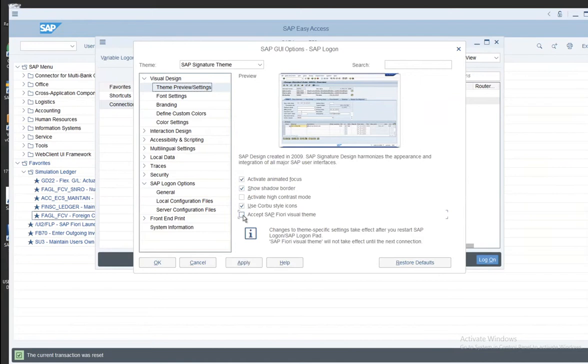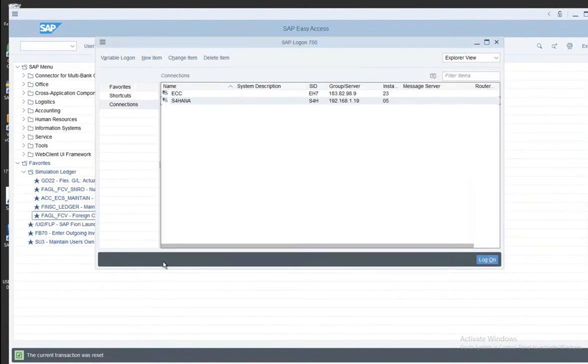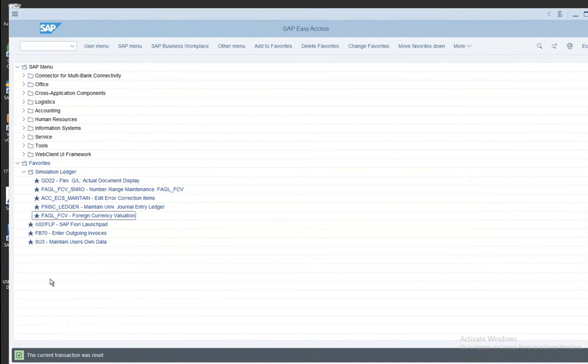Maybe accept, on the top. I guess this is the one, right? Accept SAP Fiori visual theme. If you deselect this, maybe on the top you also see the SAP signature theme. Use SAP signature theme only. Yeah, I guess this is the one. Okay, I'll apply. I guess I need to come out. Yeah, you have to restart.